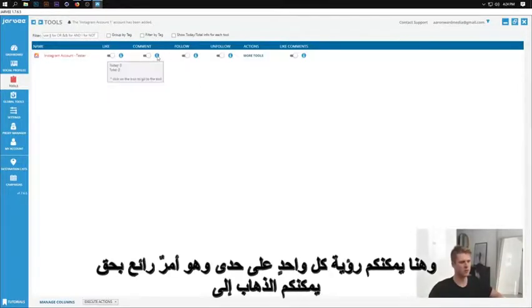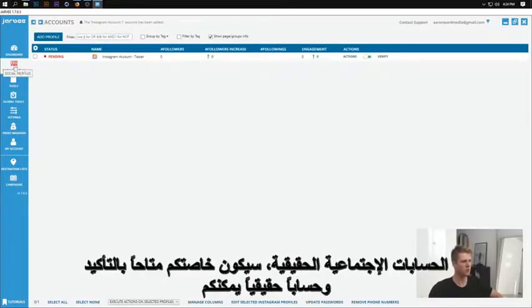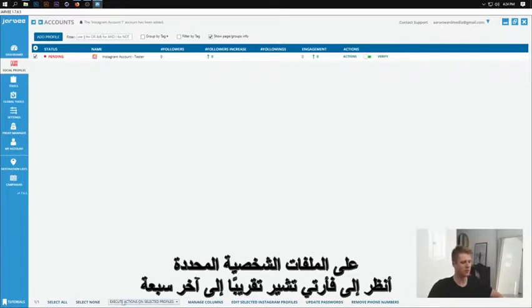So you can hover over these, see each one, which is really cool. Next up, you can come into actual social profiles. Yours will obviously be valid and a real account. You can click the little tick box here. And then down here where it says execute actions on selected profiles, see my mouse pointing here